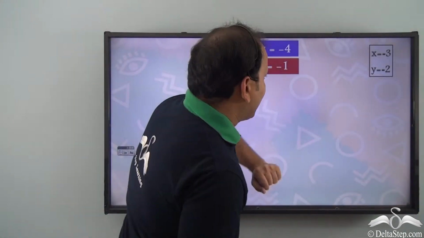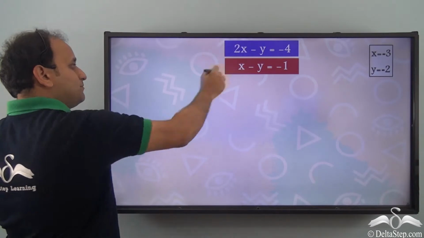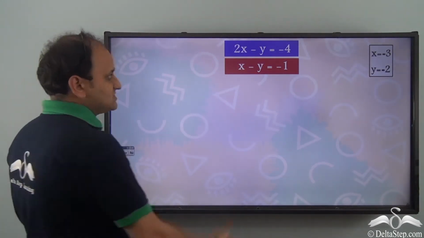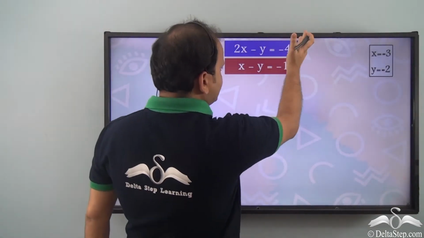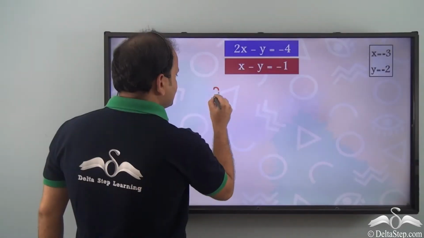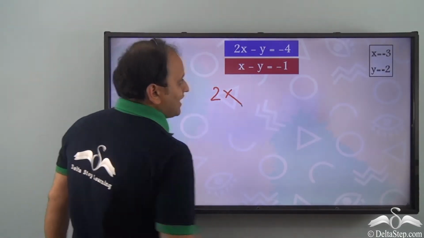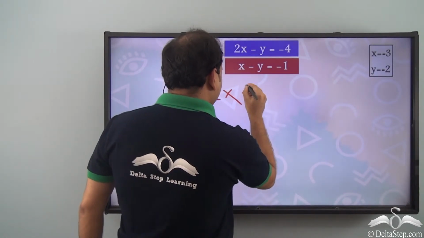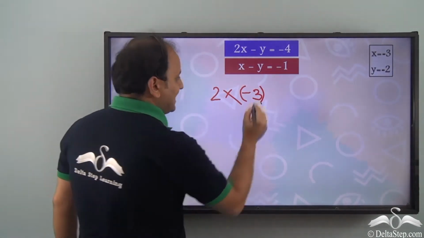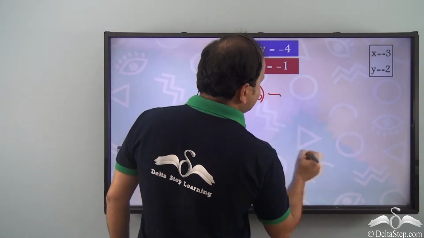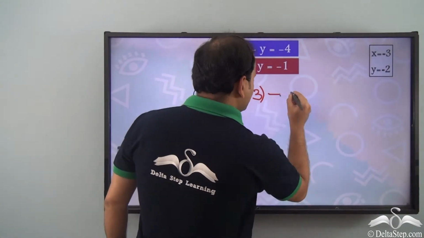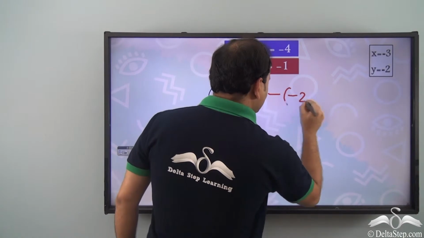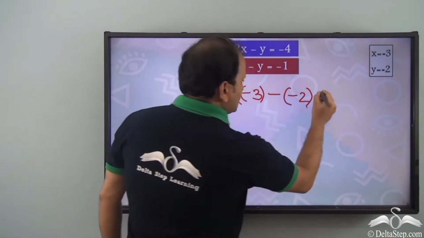So let's take these values and try to substitute in both the equations. So let's start with 2x minus y is equal to -4. So we have 2 into x, which is how much? -3, right? So -3, and then we have minus y. y is -2. So we have -2. This is equal to